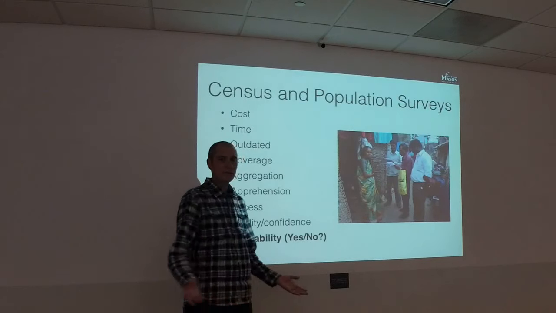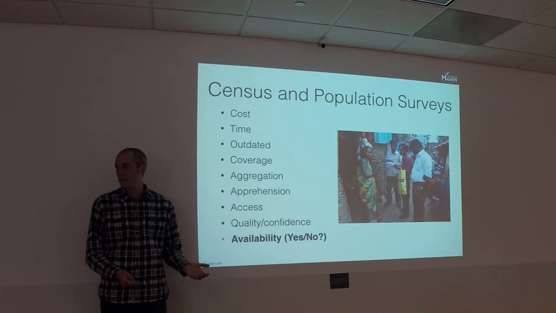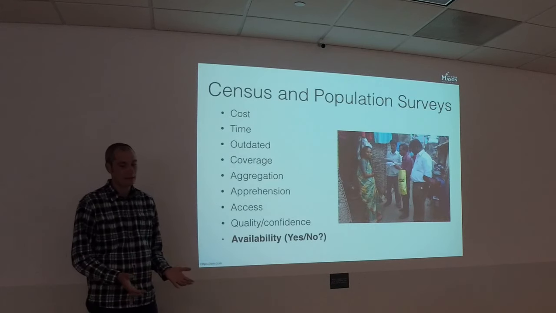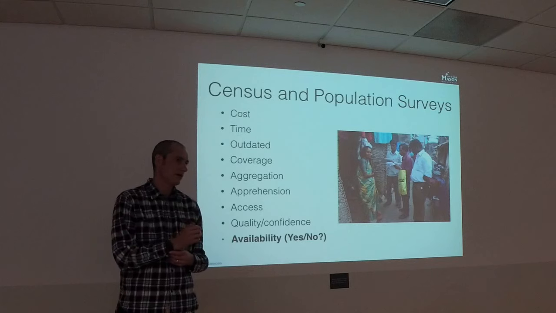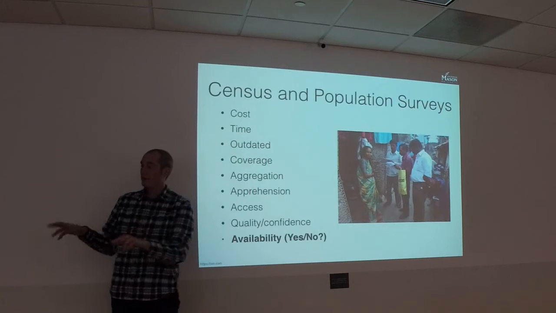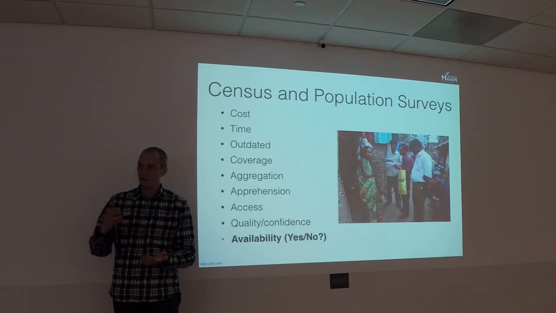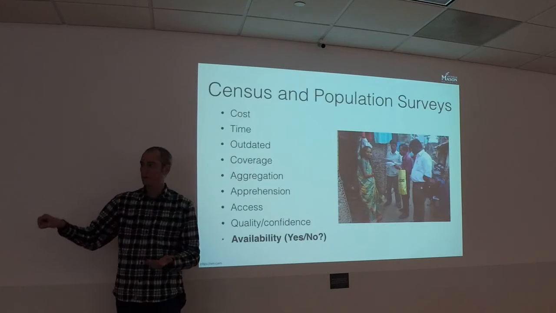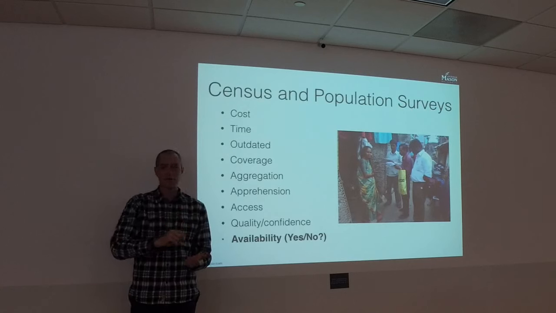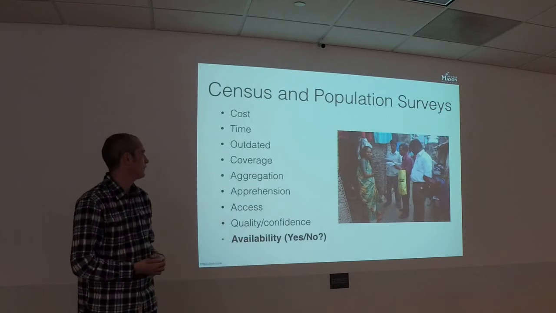Ideally, in the developed world, we have access to census data, but some slums are growing rapidly. Some slums are growing around 300 people a day in the Philippines and things like that. So a census taken 10 years ago, or even within a year, will be rapidly out of date. Censuses are costly. They cost a lot of money to operate, and they're time consuming. Also, when it comes to identifying slums, take India for example, it's up to the census surveyor to define is that a slum or not a slum. So people from different regions in India have different definitions of what a slum is. Therefore, they don't get a very full picture of what a slum is.